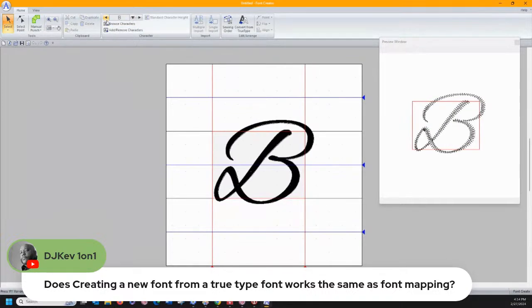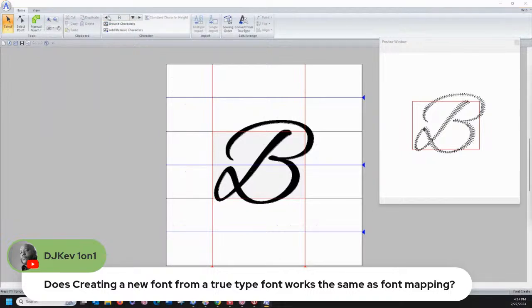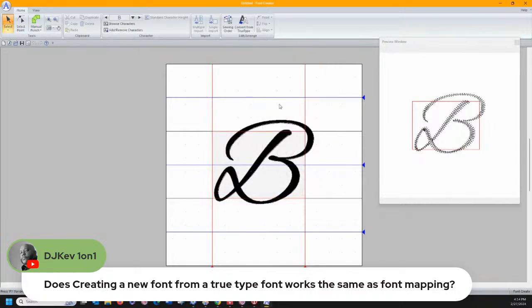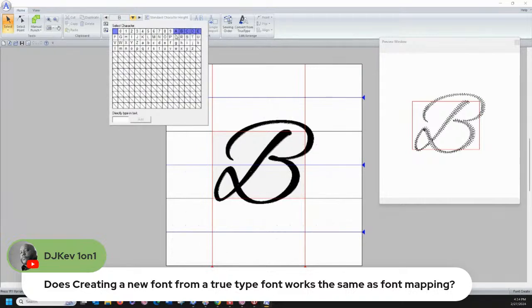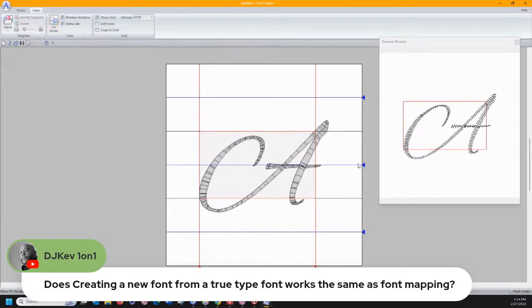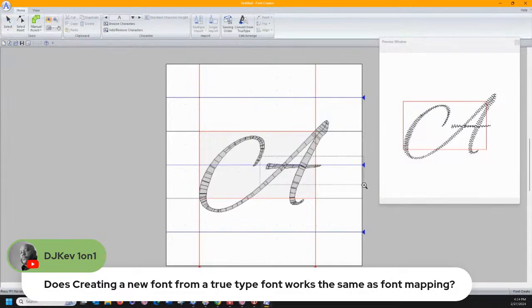The advantage of doing this is that if you come in here, what did I do? Aha, there's my, looky there, gang. Oh, nope, it's only showing me the one. The advantage of doing this is if I go to my letter A and I see here, and I don't really care for the way that looks, I would fix it.